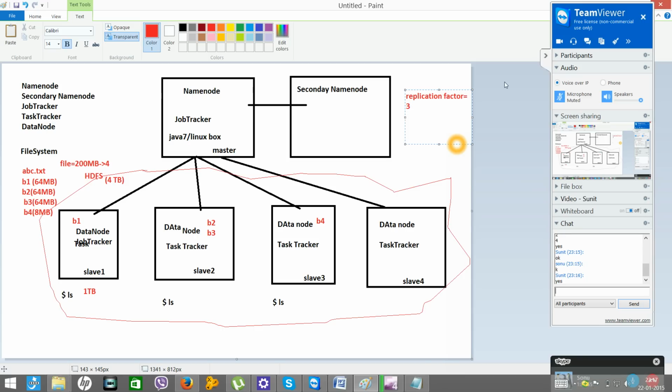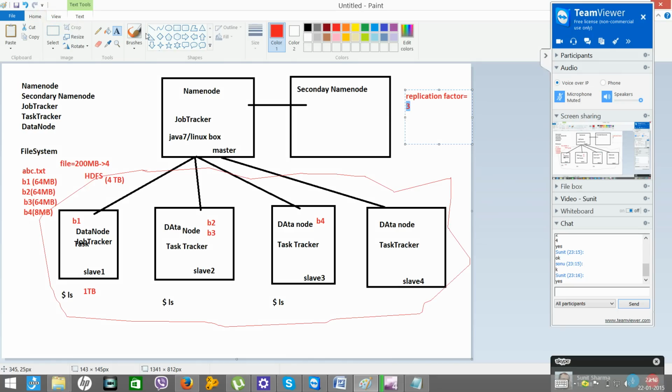Whenever a file is given, let's say 200 MB, it is broken down into 4 blocks: block 1, block 2, block 3, block 4. Now each block will be replicated 3 times. So block B1 will be replicated 3 times.